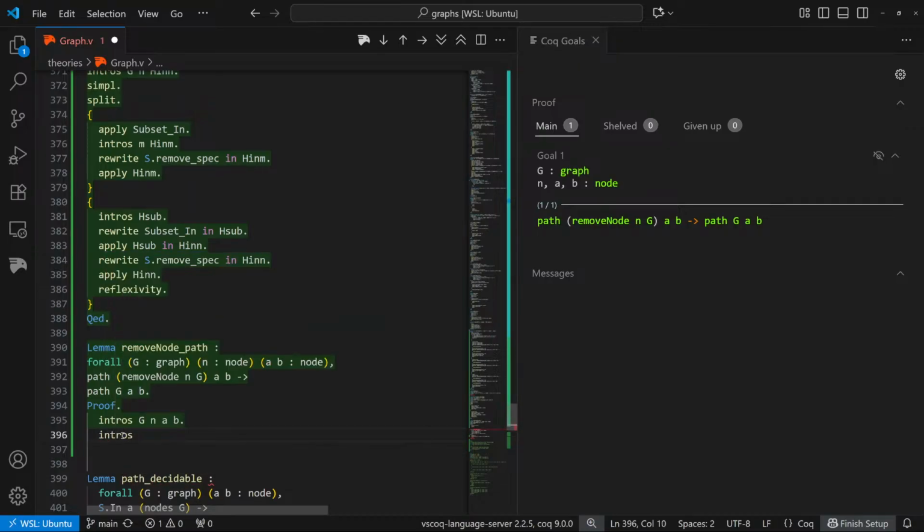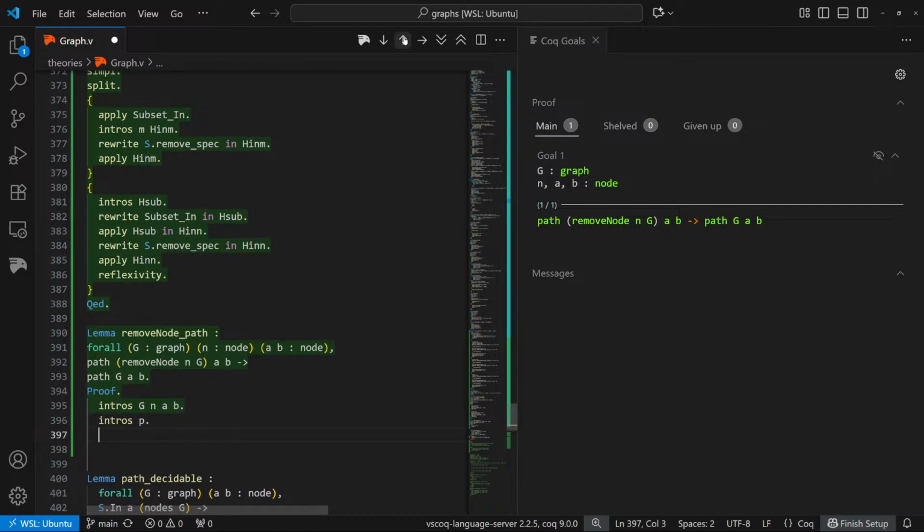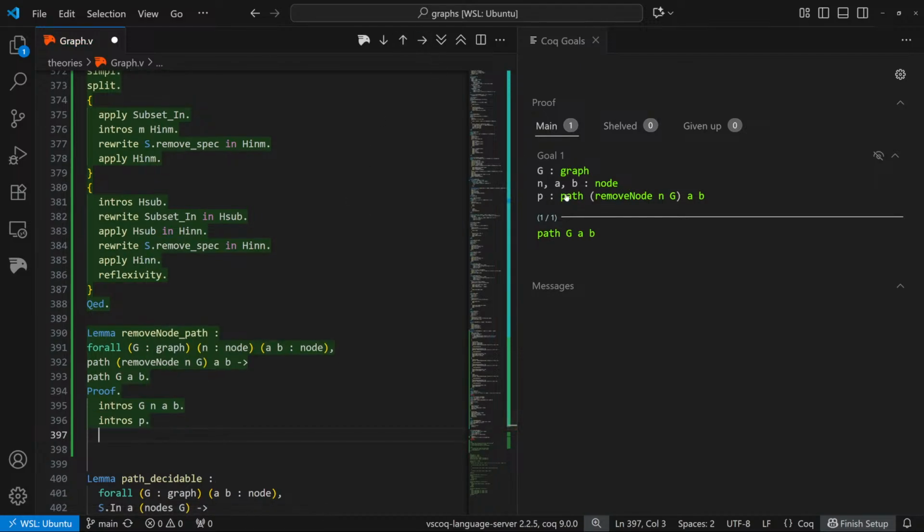Let's do an intros of this path P. We basically want to prove that there's a path from A to B in the larger graph by doing induction on how this path here was constructed and using that to construct the other path. Let's try doing induction P, and